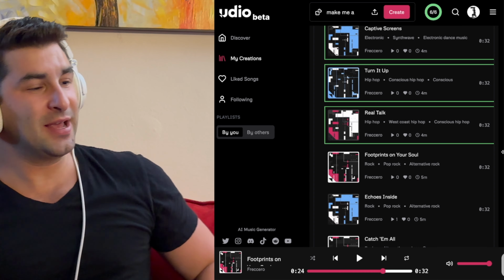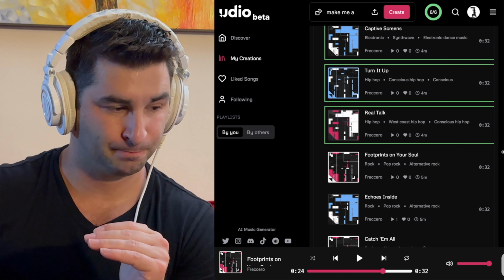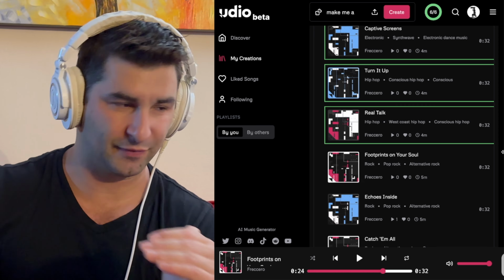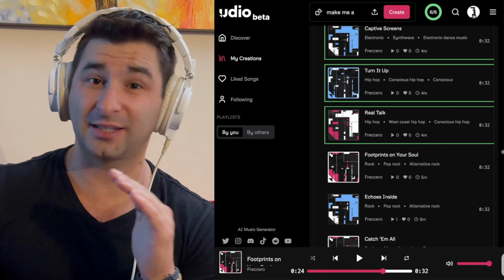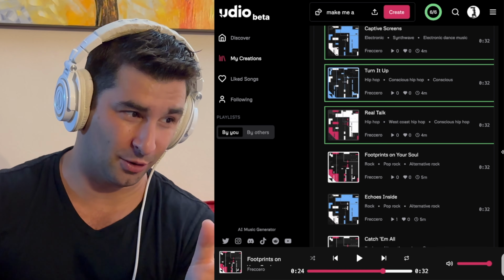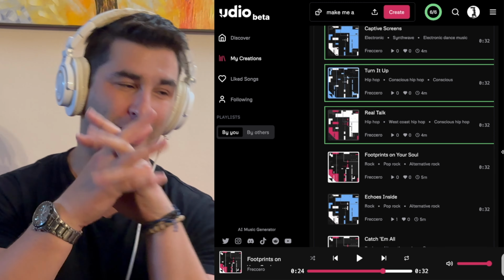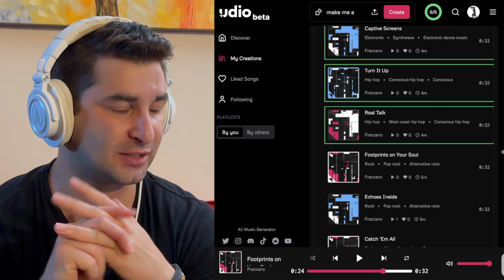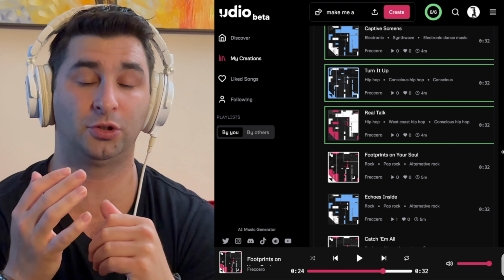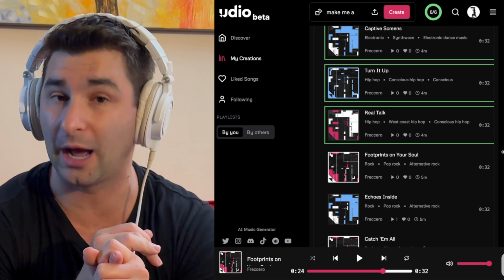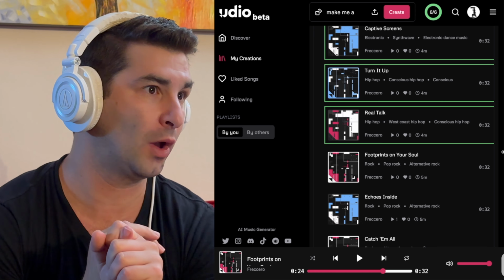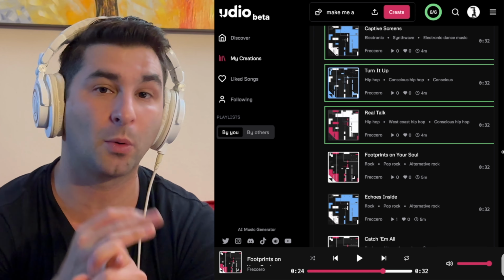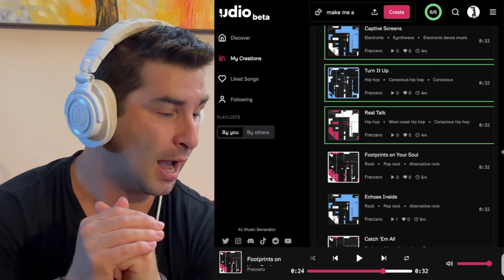All right, so I think the first iteration of the rock one was definitely got to give that to Udio. But the second iteration, I think I'd give that to Suno. Overall, which one would I pick? They're closer than I expected. I don't know, because I try to think of this, because there's different ways you could look at it. Which one would you listen to if, let's say, you were working out? Which one, if you were releasing AI music, would you be more likely to release?